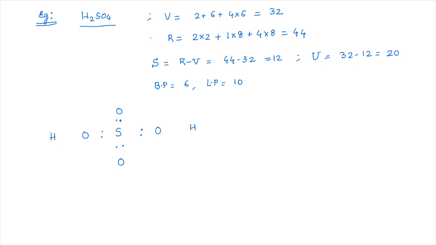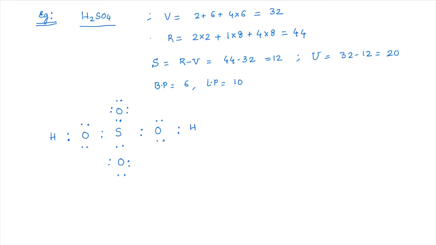Within one pair of sharing with every oxygen, my octet is complete. For sulfur, you can see that the octet is finished. Now try to finish the octet of the top oxygen and the bottom oxygen. So I require 1, 2, and 3 lone pairs. Same I can do here, 1, 2, and 3 lone pairs. That is also done. Again, hydrogen will have one bond with oxygen, so make one bond on this side. So left oxygen and right oxygen both have 4 electrons each, so they require at least 2 lone pairs here. Now can you figure out all the octets are finished?